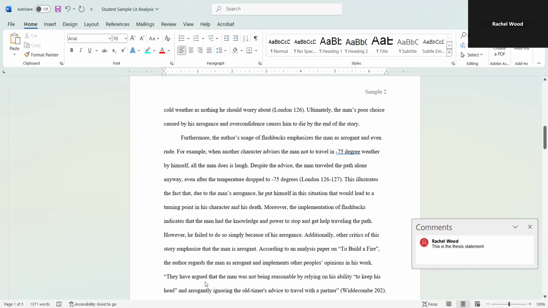They have argued that the man was not being reasonable by relying on his ability to keep his head and arrogantly ignoring the old timer's advice to travel with a partner. So this is both a student sample of what to do and what not to do, because you've got a couple of different things. So I'm making comments as I go along just so that you can see different things that I'm looking for. This statement here